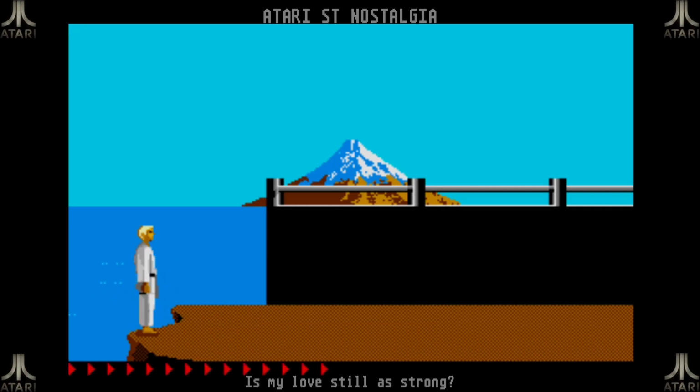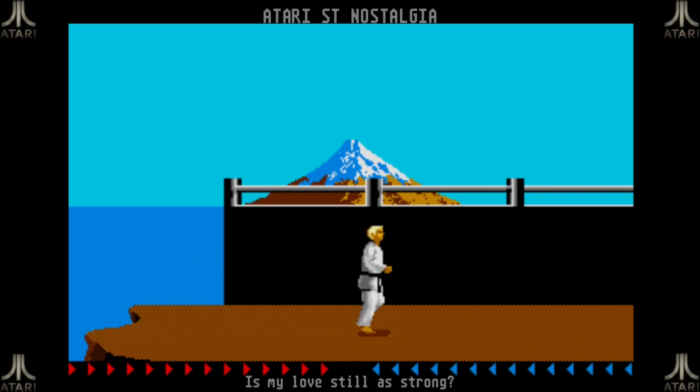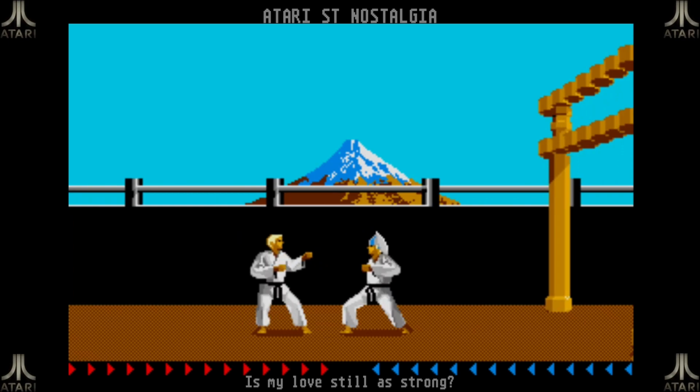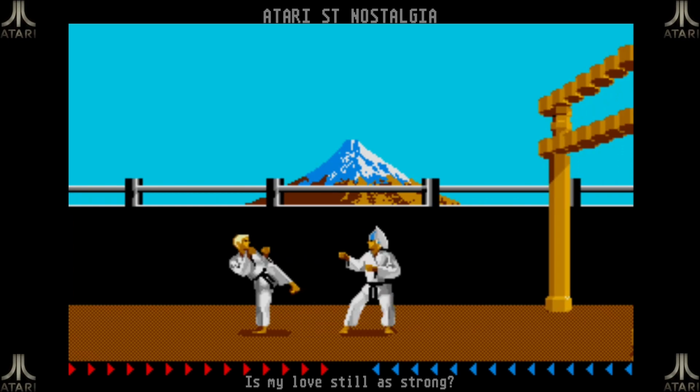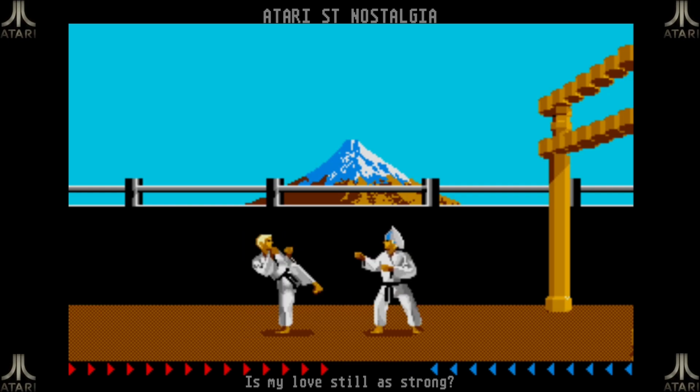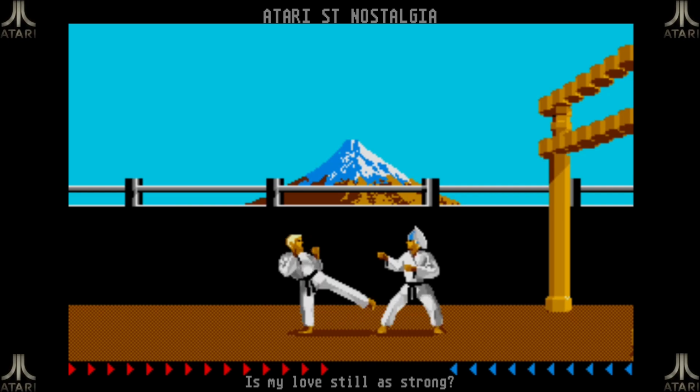So what I have to do is start running towards this temple and take the fighting stance in time so I can face my enemy. Which suddenly has some sort of okay 6-bit sound effect. And yeah, I have to